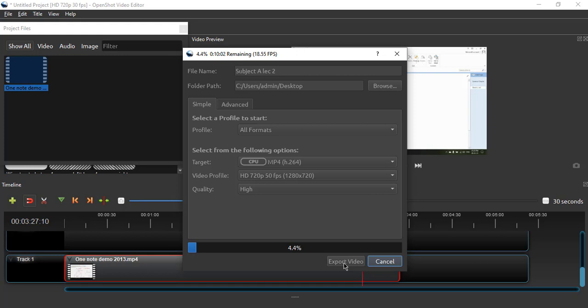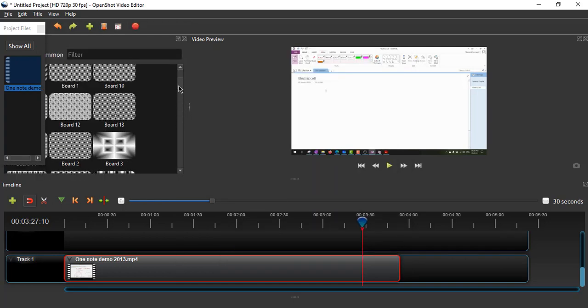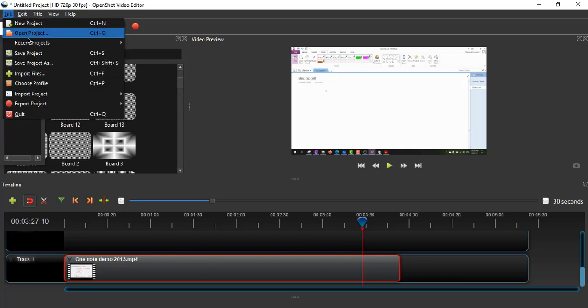I think you get that. If you want to explore more features of this open source video editor to edit your video more, some themes are available, and some background animations are also available. You can check this under the Edit menu. According to your requirement, you can play with that.